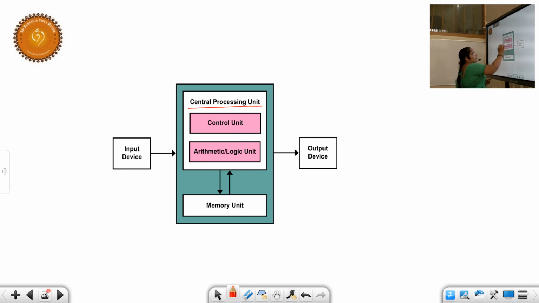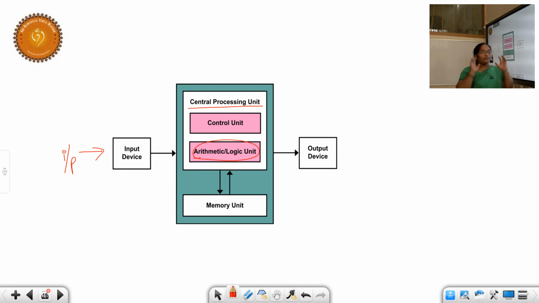So the central processing unit contains ALU, CU and MU. So for all the processes, all the storage, anything which we are giving or operating on the computer, we are mainly connected to 4 different topics. They are input, processor, output and the memory. Without these 4 topics, the computer is nothing. So we should know what the input is, what process is going on, where it is stored and what output is coming out.